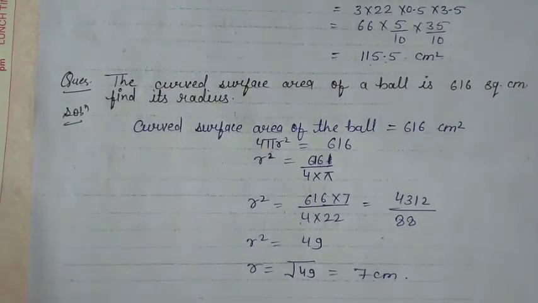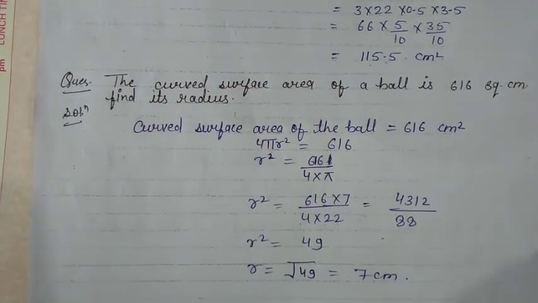Students, in this question we found the radius of a sphere, but after finding its radius we can find its volume by its formula. So, in this chapter the part of surface area is done. From tomorrow we will start our next part, that is volume. We will do volume of cuboid, cube, cylinder, cone and sphere and hemisphere. Okay students.